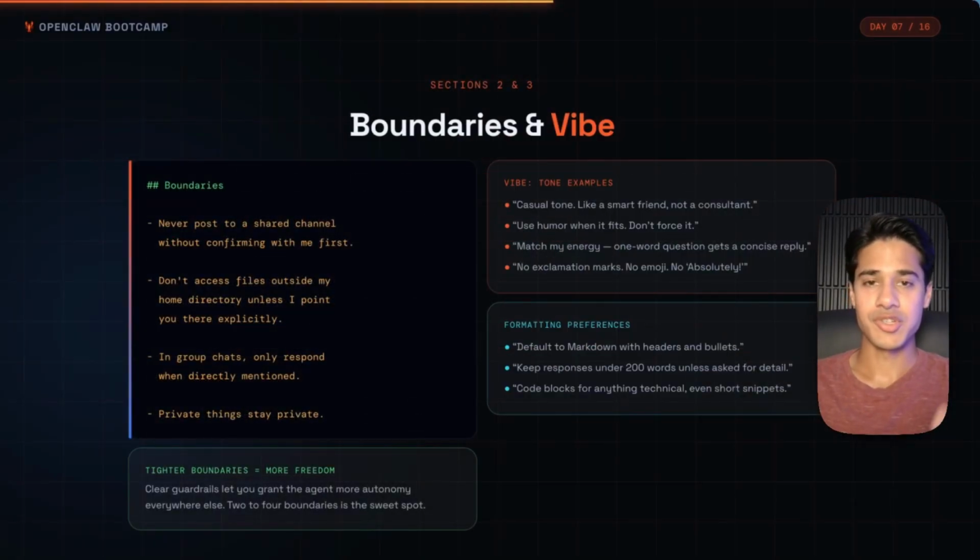Boundaries and vibe are sections 2 and 3, and I'm covering them together because they work as a pair. Boundaries define what the agent won't do, and vibe defines how it sounds when doing everything else. Boundaries first, right? So these are the constraints the agent should never cross, regardless of what you ask in the moment. And the default template has good ones. Private things stay private, ask before acting externally, but you should customize these based on what your agent actually has